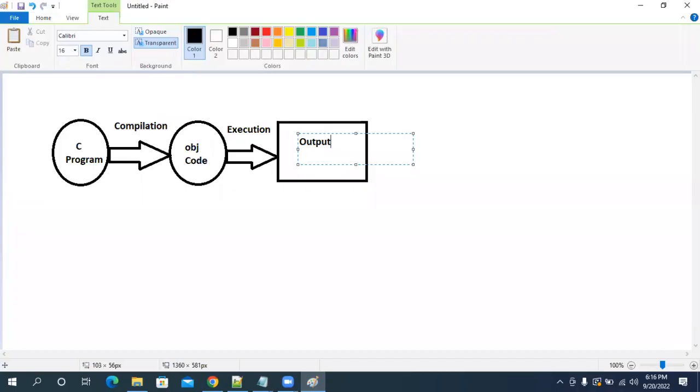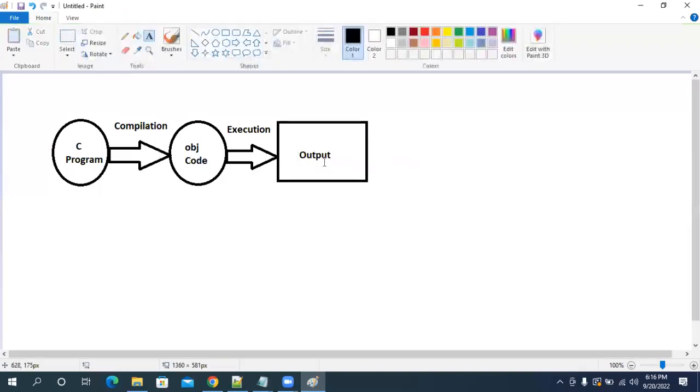In order to provide this output, whatever object code is available will be converted into a machine understandable format. For example, if you use the Windows operating system, the object code will be converted into Windows understandable format.